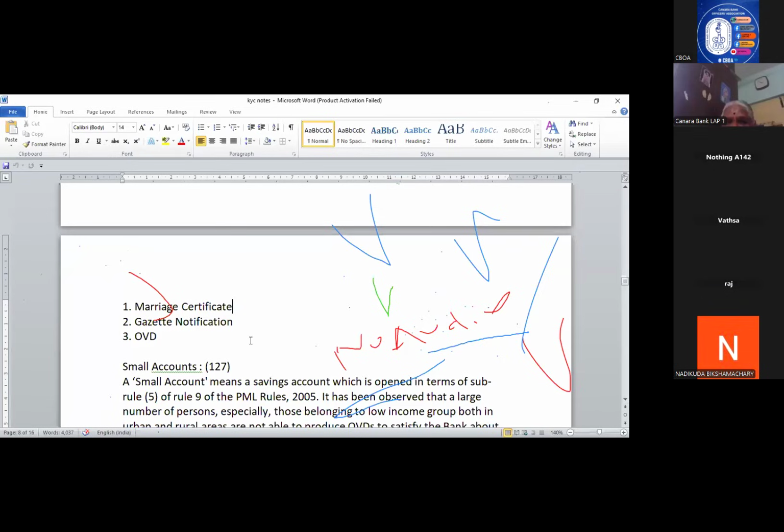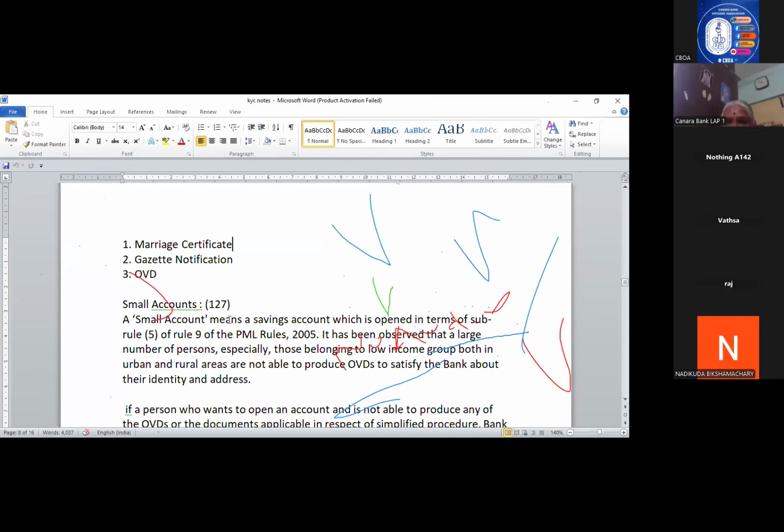Documents which have to be submitted by the married women so that we can change the name as per their requirement. Then comes small accounts. Small account means the product code 127 which is opened in terms of this,